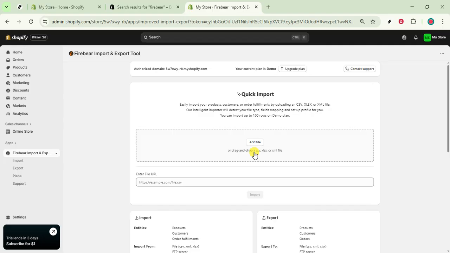Start the import and watch the progress indicator. If the app flags errors, download the error report, fix the rows it highlights, and re-import just those entries. When you're done, spot check a few customer profiles in Shopify to make sure tags, addresses, and marketing status landed correctly. And if you ever need a backup or want to move data elsewhere, the same app also lets you export your customers to a CSV for